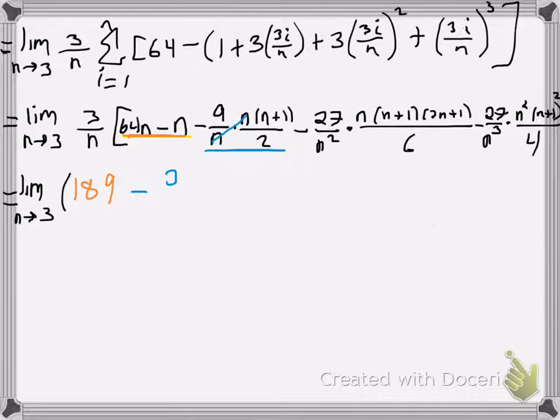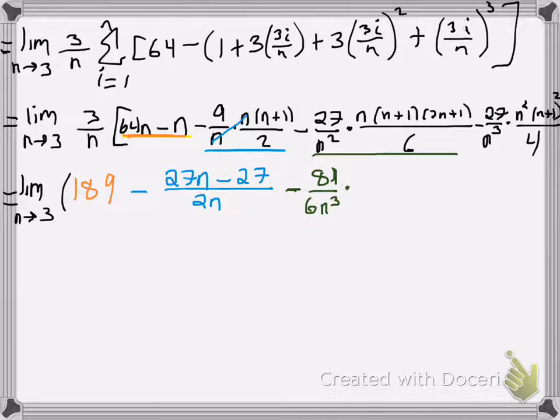And 3 times 9 is 27, and when we expand this out, it's going to give us n times n plus 1, multiply the 27 through, all over 2n, and then that piece is going to be 81 over